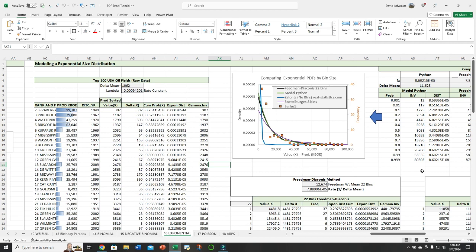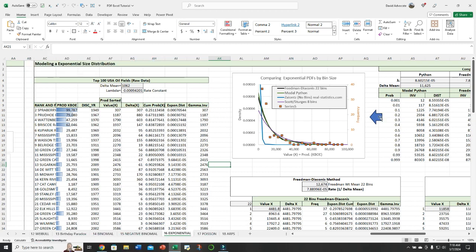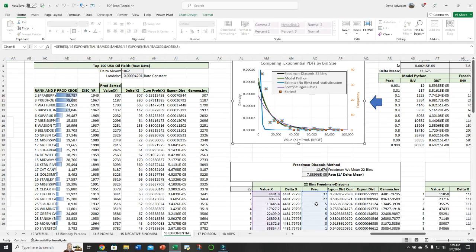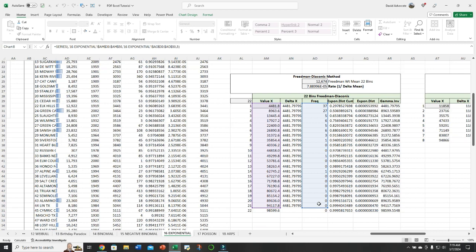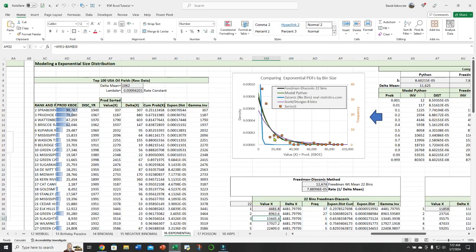In this example, we'll look at fitting an exponential PDF to the top 100 producing U.S. oil fields. First, let's take a look at this chart here, where we'll examine different workflows for deriving the fitted solution. The orange squares represent the frequency, or sort of like a histogram, where I've made 21 bins. And you can see here's the data here, where I've binned the data using a frequency distribution. The data for charting these lines is over here on the right,